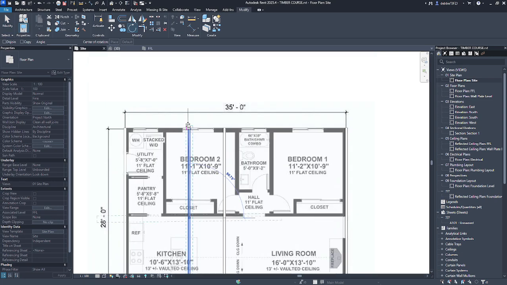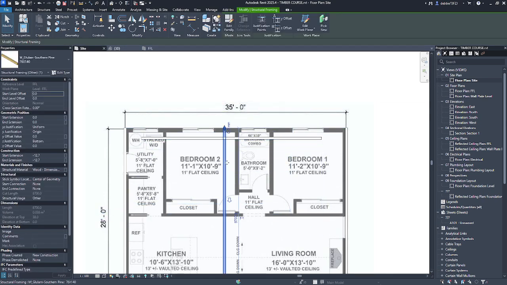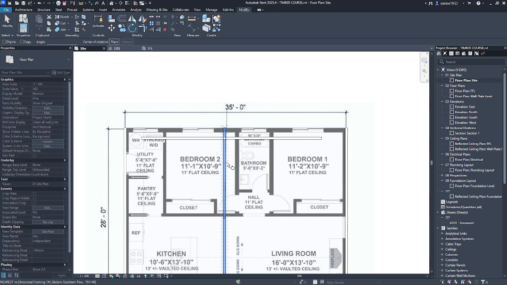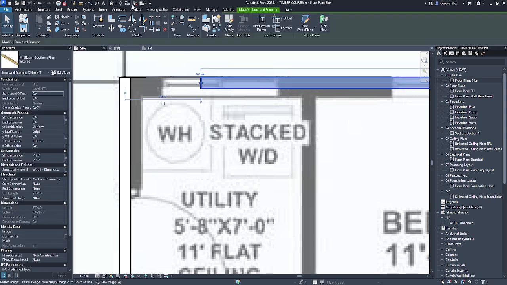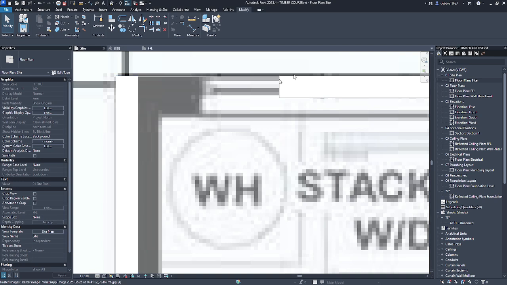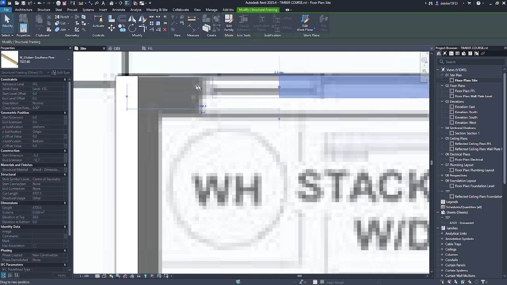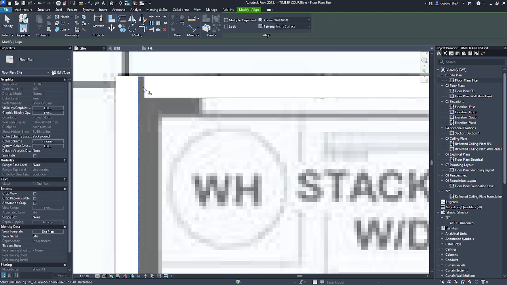Rotate it by 90 degrees. RO for rotate. So let's press AL for align. Now if you use TL for thin lines, you'll see these thick lines become much more manageable. So let's just drag it. Let's press AL again.